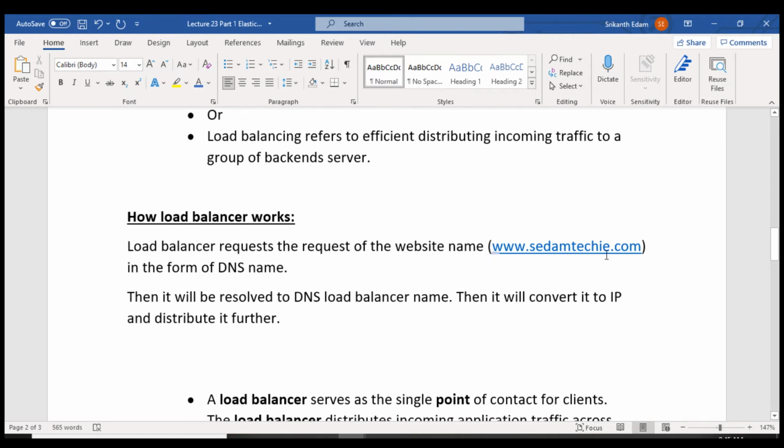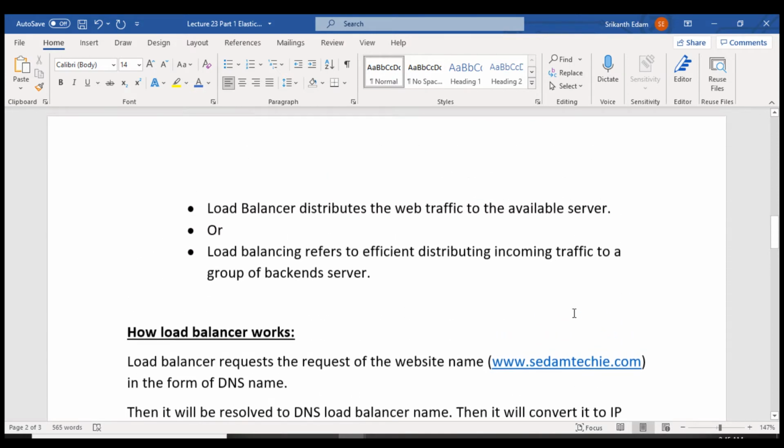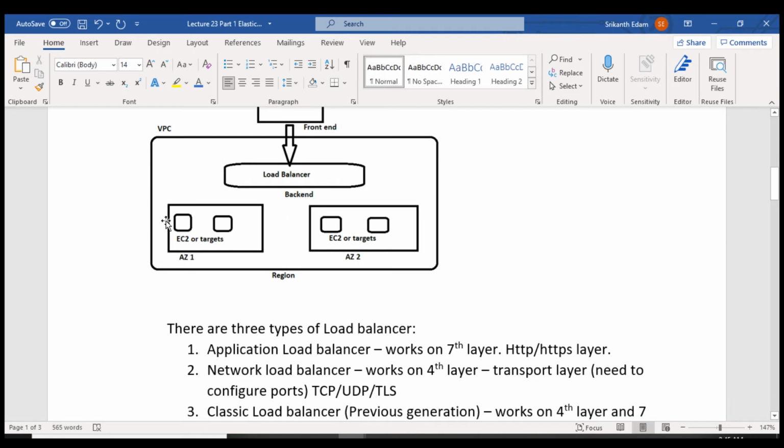For example, this is my website name. Then the load balancer will convert it into an IP, distribute it to the backend, and share the load with all the EC2 instances.